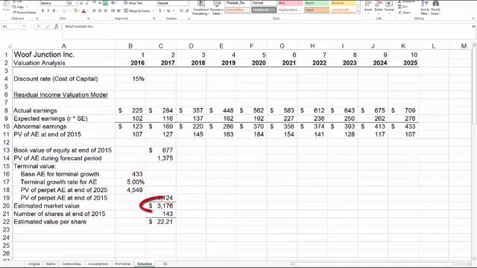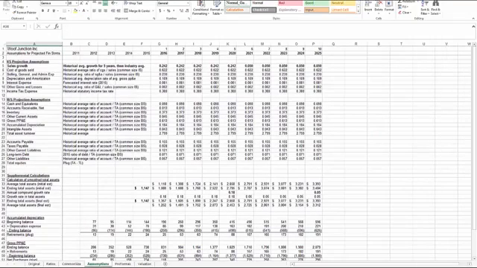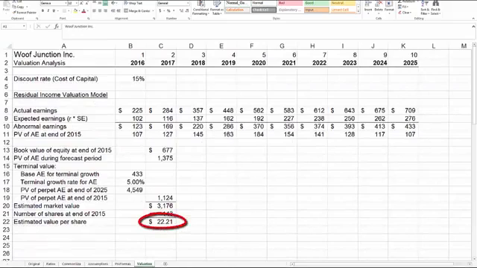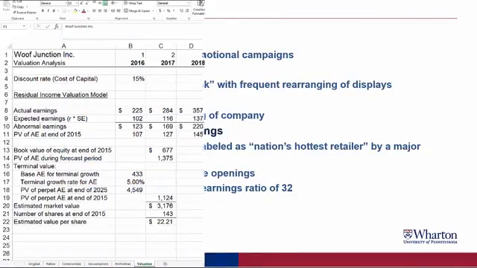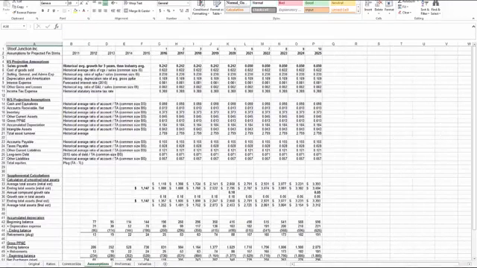You add those three up, and you get an estimated market value, which we divide by shares outstanding to get a price per share of $22.21. So based on all of the assumptions that we made earlier on, the price should be $22. Which is interesting because do you remember what the stock price is for Wolf Junction at the time of the case? It's $55 a share,